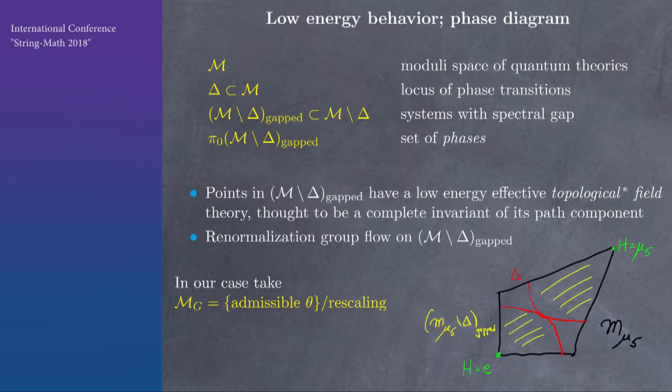So here's the picture for U5, the fifth roots of unity, cyclic group of order 5. Here's the locus where there's a phase transition, and then these unshaded areas are also thought to be gapless theories. So those are thrown out, and then we have these two components left. And notice in this picture, there are 4 extreme points to this convex set. 2 of them correspond to the 2 subgroups. Those live near the gap theories. And then there are these other 2, which don't live near the gap theories.